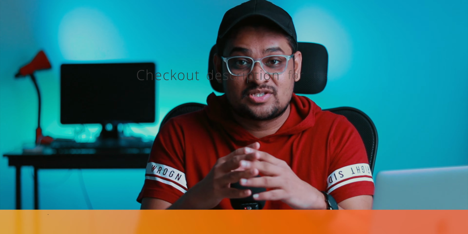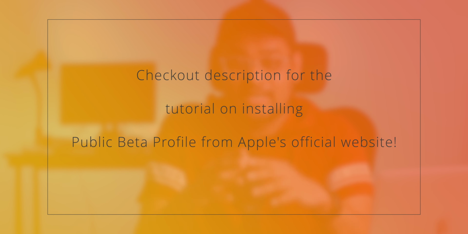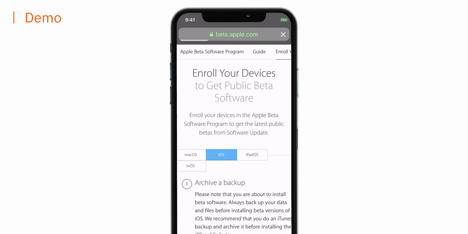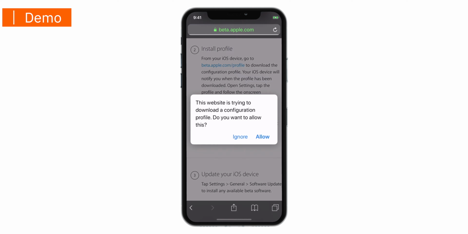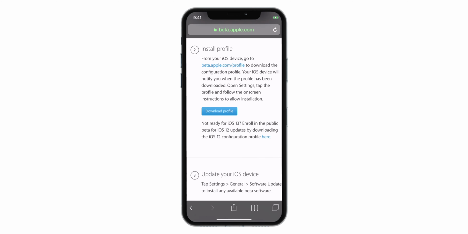Now when Apple releases official iOS 14 public beta profile in July, you want to go ahead and download that profile from Apple's website. I'm gonna link a tutorial down in the description below. You can check out that tutorial that will teach you how to install public beta profile on your iPhone from Apple's official website. And now when official iOS 14 public beta software is available, you would be able to install it on your iPhone and continue using this iOS 14 beta software on your iPhone. This is the simplest way that you can do and save your data. Now let's move on to the next method.